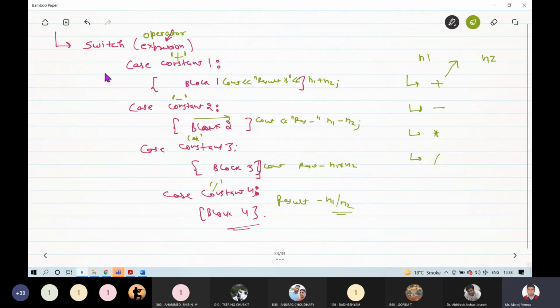So, what will this switch operator do? This will ask the user in which particular case the user wants to go. As soon as the compiler encounters this keyword switch, it will ask the user in which case he wants to go.